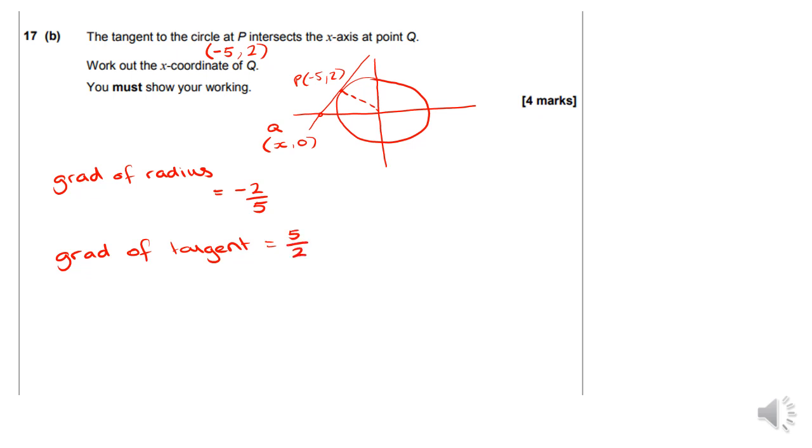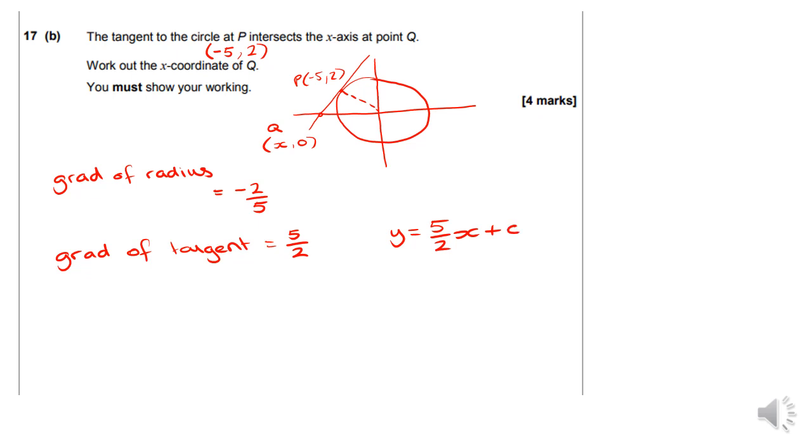So it's the negative reciprocal. Because that gradient was already negative, this gradient is going to be positive, and the reciprocal is the flip of the fraction, remember. So now we know that the equation of that tangent is y equals 5 over 2 x plus